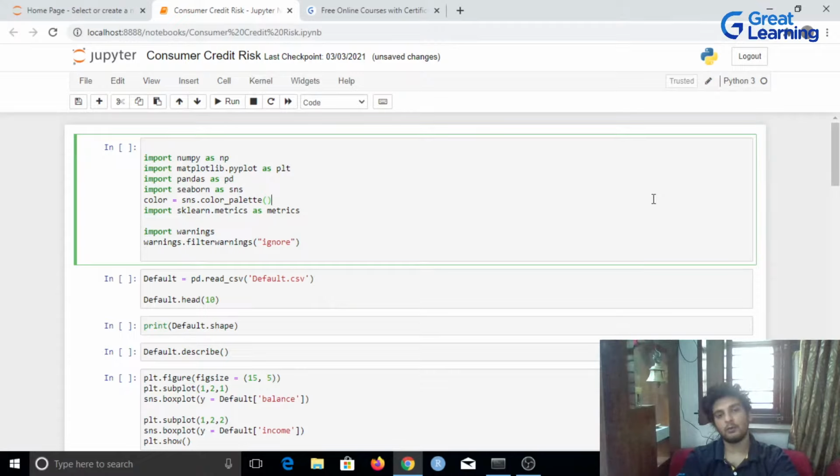This is what is known as credit risk. You have a lot of loan defaulters, people who take a loan but won't be able to pay it back. As a bank, you have to be very careful about whom to give the loan to and whom not to. I hope you have the context of this.